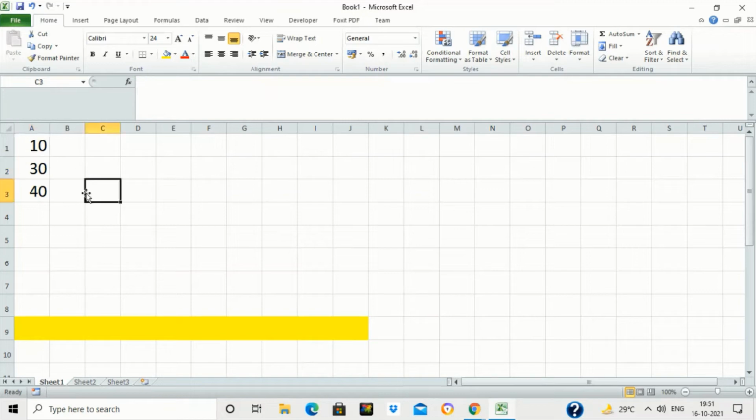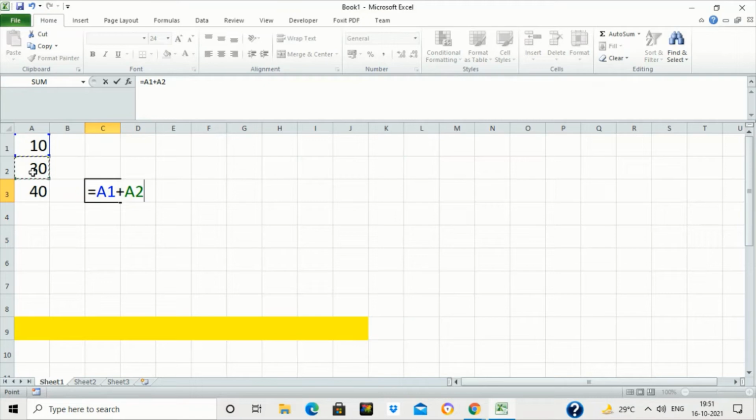And now, instead of writing the values, I write the cell address where these values exist. So I can write equal to, click on the first cell, that is A1. I have to add 10 and 30 which are given in A1 and A2. So it is showing A1 and you can see a blinking border across this cell. Write the plus sign, click on 30.